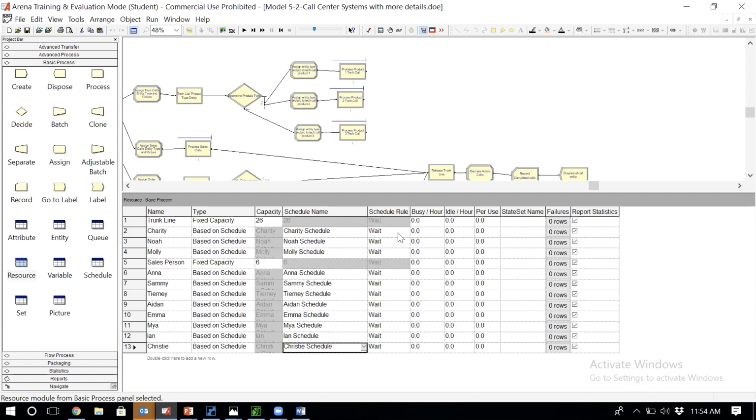So because we don't want to do that, for the schedule rule, we are going to use ignore for all of them. For all these new ones. For the salesperson and for the trunk line, leave it as wait. But for the rest, for those 11 ones that we added, just leave the scheduled rule as ignore,